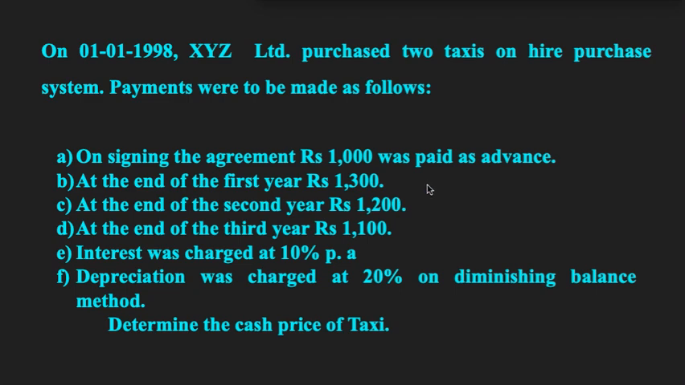Now see here, when we talk about calculation of cash price by using the working backward method, at that time we are going to start with the last installment, that is the third installment. In this third installment we have 1100 rupees total installment. As this 1100 includes the interest also, what we are going to do, in the first step,